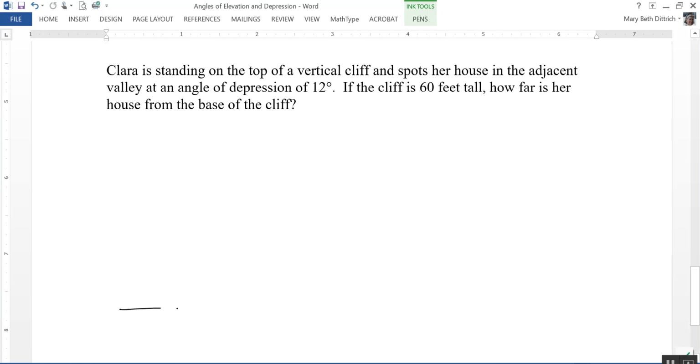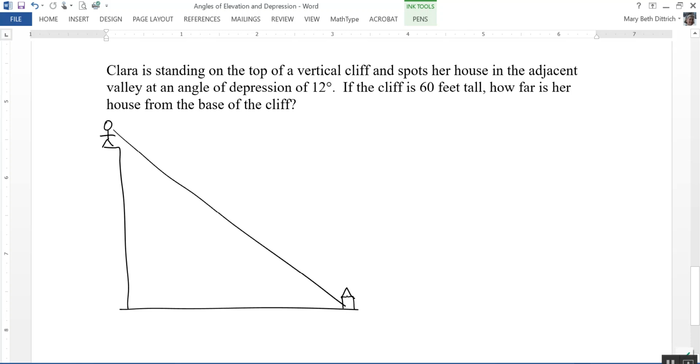I think I'll start with the ground. And here is the cliff that Clara is standing on. I'll give her a little place to stand here. And down here is her house. And of course, artwork doesn't matter. And she is looking down at her house. Okay. Now